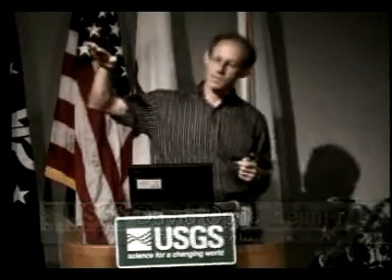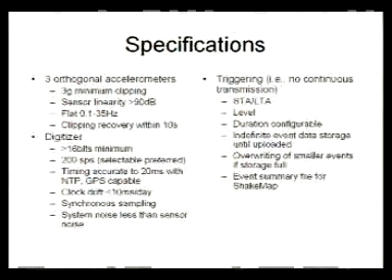If you've ever looked at a broadband instrument like a Streckeisen, they can clip on earthquakes as small as magnitude 4.5 in the near field. Because these are feedback sensors, a Streckeisen can take about a minute, 100 seconds, for that feedback logic to settle down. We don't want that. We want it to recover very quickly. This digitizer capability speaks to the question of how sensitive, what's the dynamic range? Do we need to really spend a lot of money recording noise? 200 samples per second.